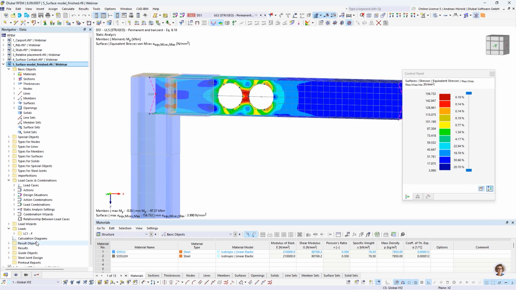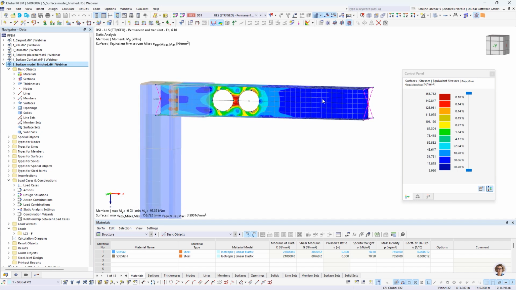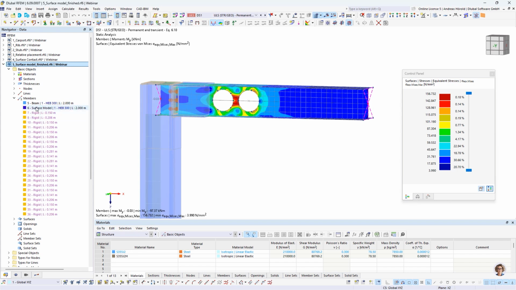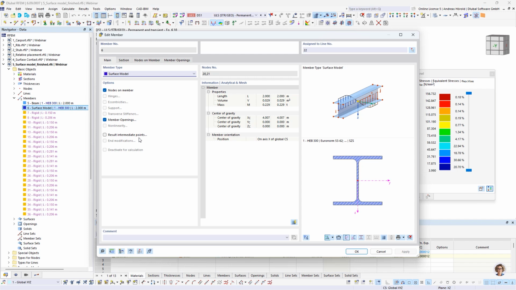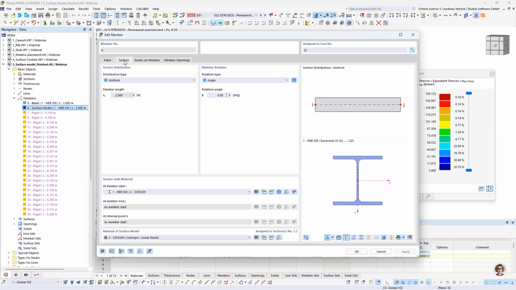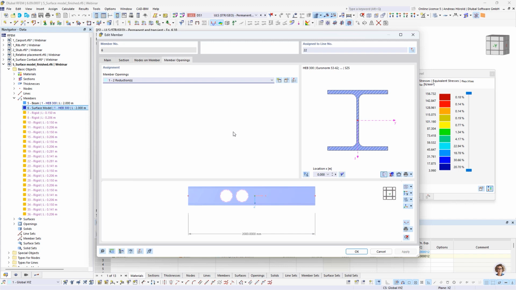So that's the example. In this example, there's a surface model with openings. How to create such things? That's a surface model, and for the member, I created a surface model. I double click on it. So member type, surface model. Then you have to select a section. And for example, you can then